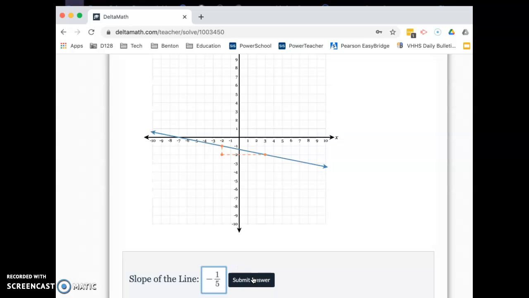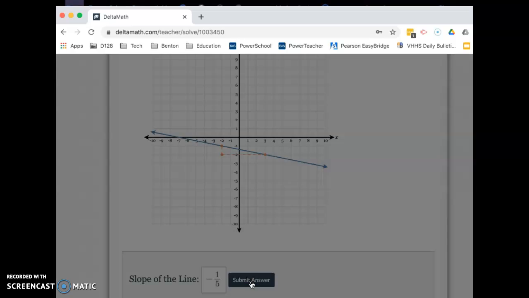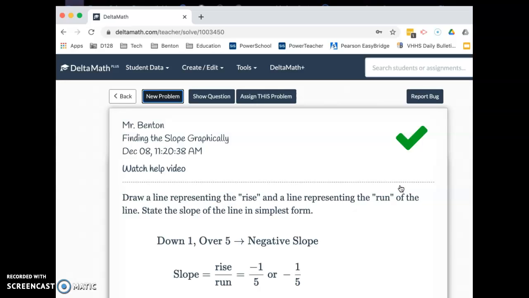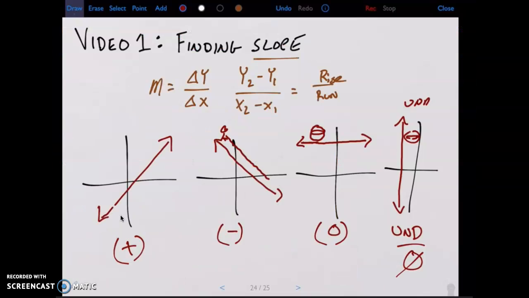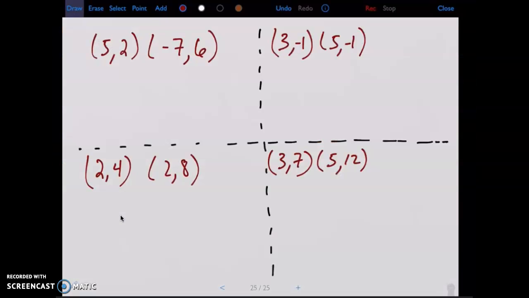So a big mistake that people will make is that they're going to go over 5 down 1, right? They're going to run over rise. But make sure you rise over run. Let's see if I got it right. Boom, baby. Love it. Last thing that we're going to do, thanks for your patience here, is we're going to